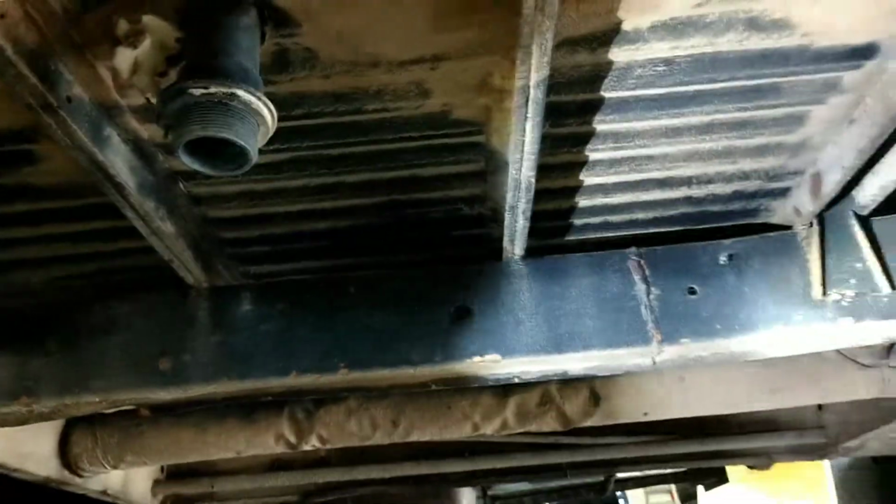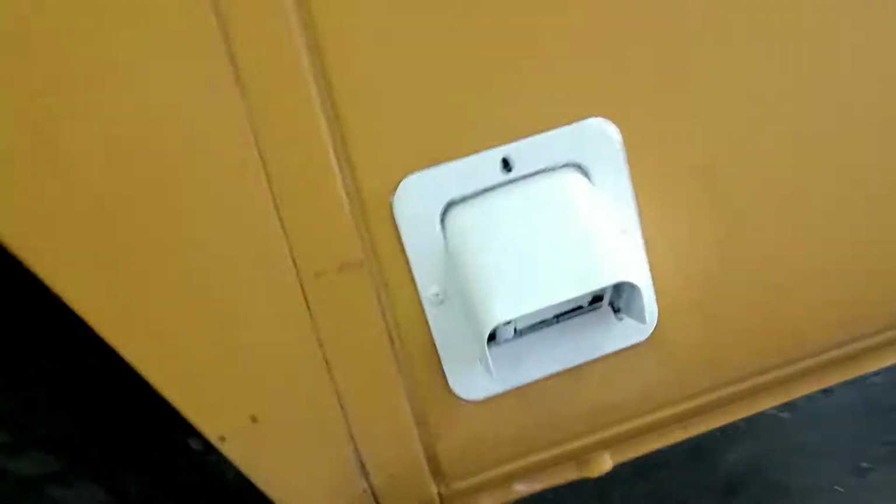I don't see any horrible rust. I know those front axles can be bad too, and these look good to me, okay? All this looks really nice underneath. I mean, these floors look really dry, okay? So moving on,